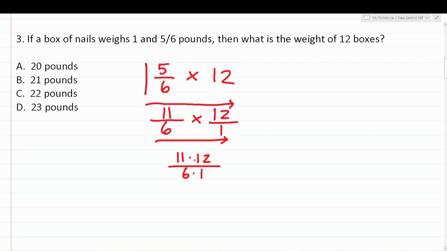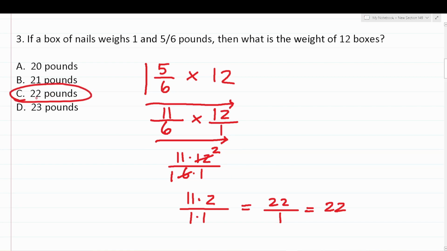All right, so you could do 11 times 12, 6 times 1, and then work that out. But that said, on test day, you want to work quickly and efficiently. So what I'm going to do is say 6 goes into 6 one time, 6 goes into 12 two times. So this becomes 11 times 2 over 1 times 1. What is 11 times 2? That's 22. What is 1 times 1? It's 1. 22 divided by 1 is just 22. All right, so in total, our 12 boxes of nails that weigh 1 5/6 pounds each